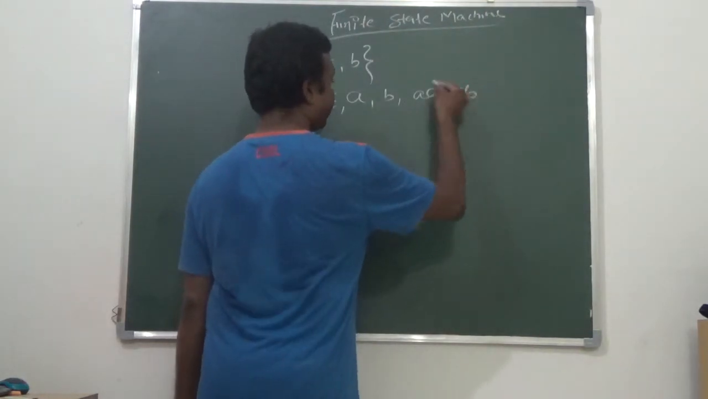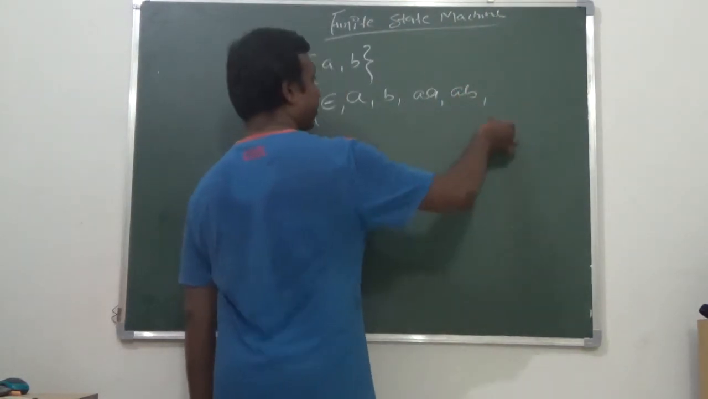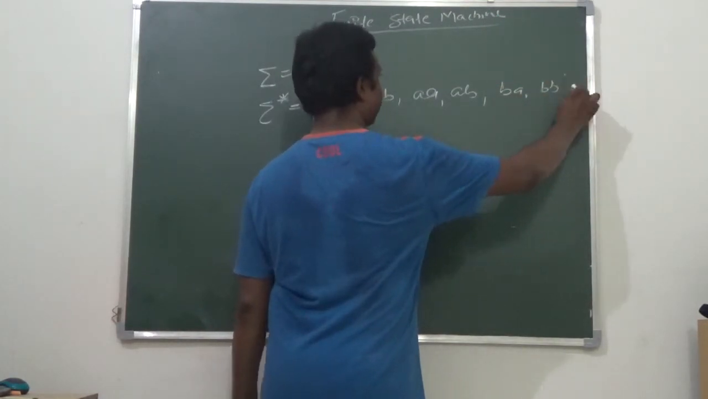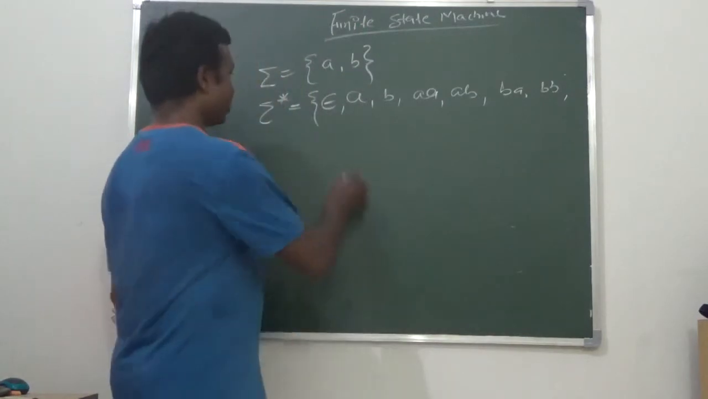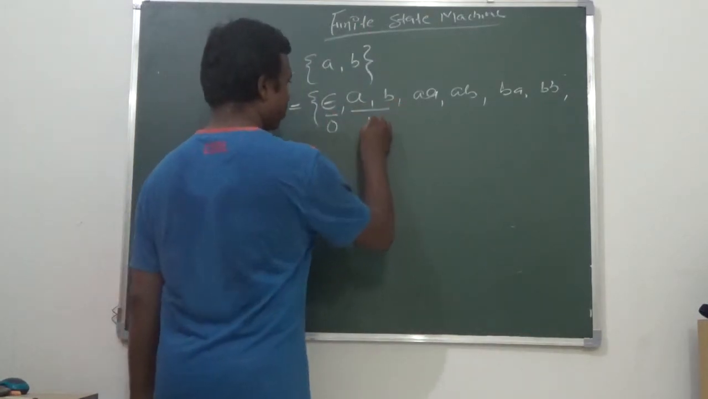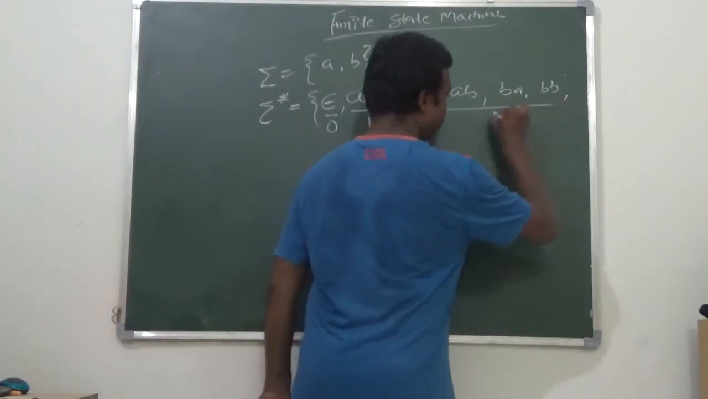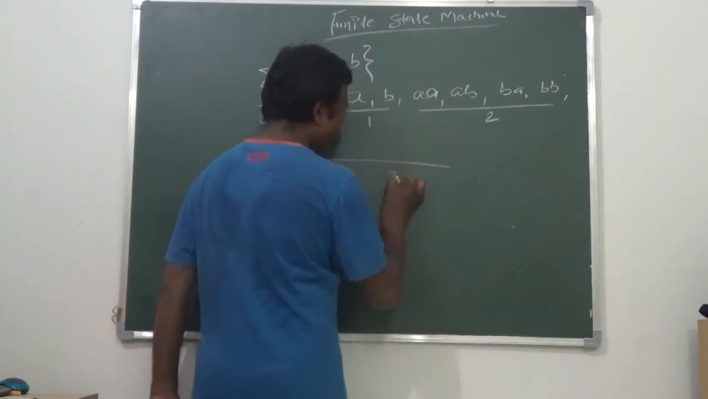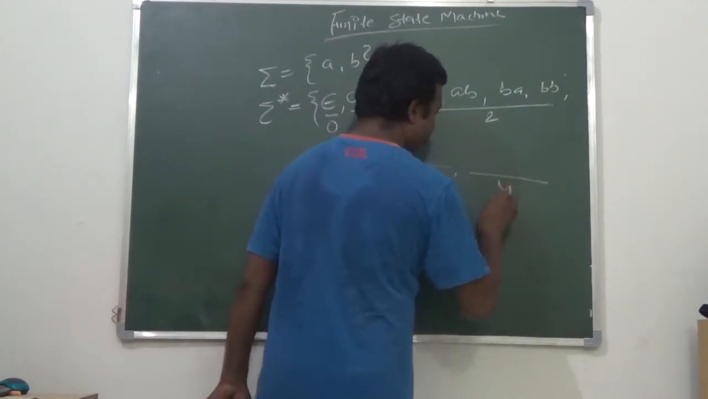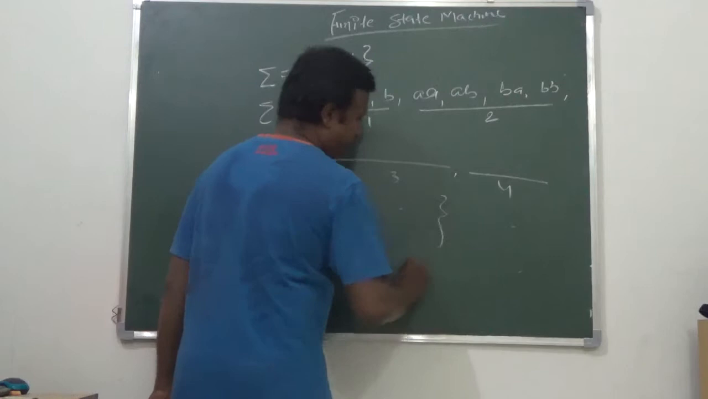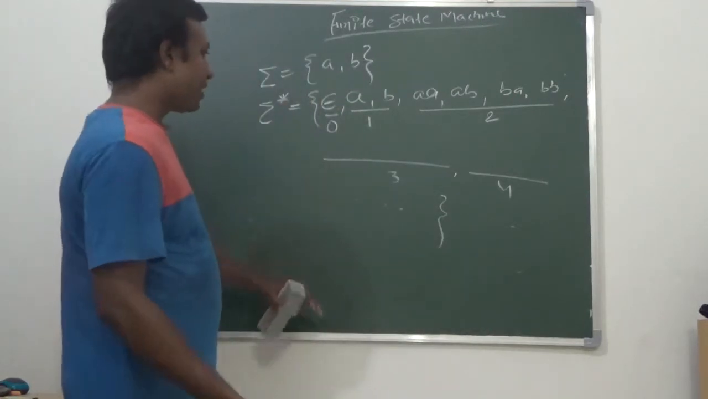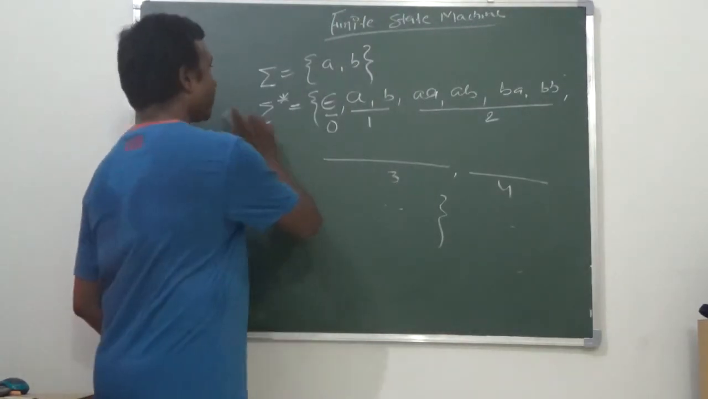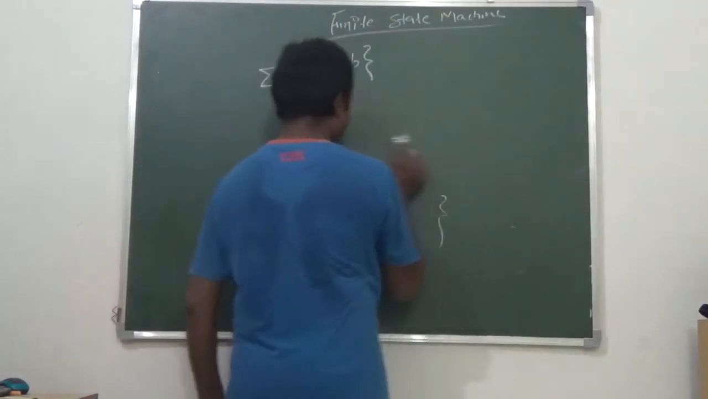We take AB, that is another possibility. Third is we get BA and we get BB. So this is the 2 combination. So this is 0 combination, this is 1 combination, this is 2 combination. Then we need to think about 3 combination, we need to think about 4 combination, and so on. And then if we make this entire set, then that set is called sigma star. Okay. Now